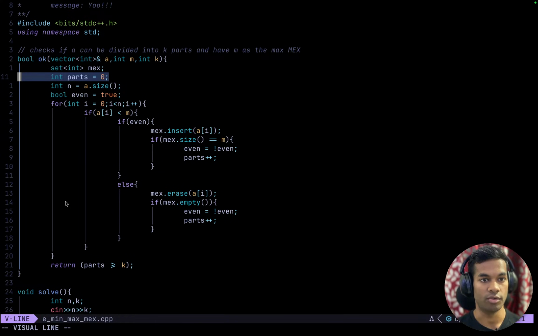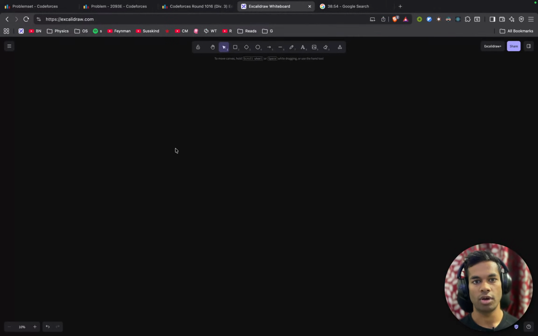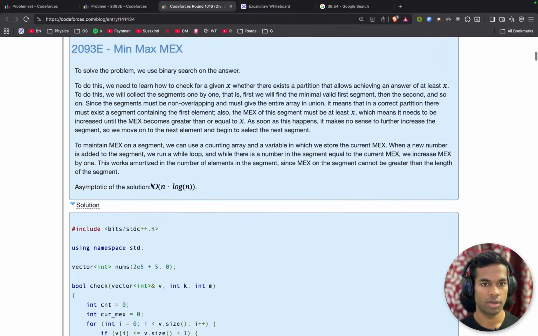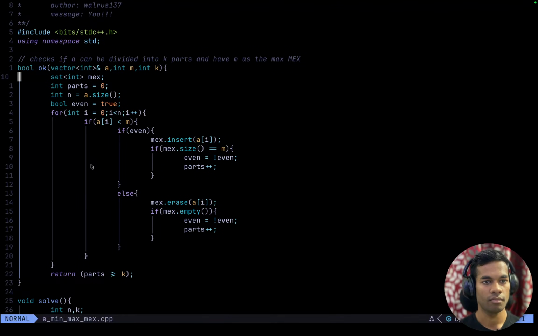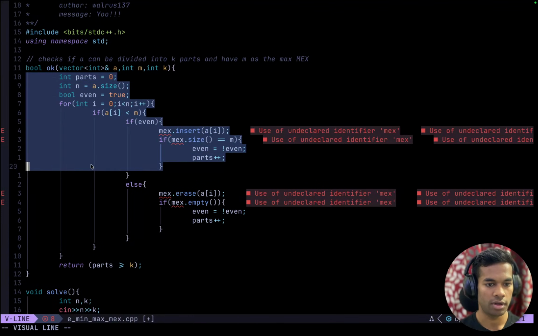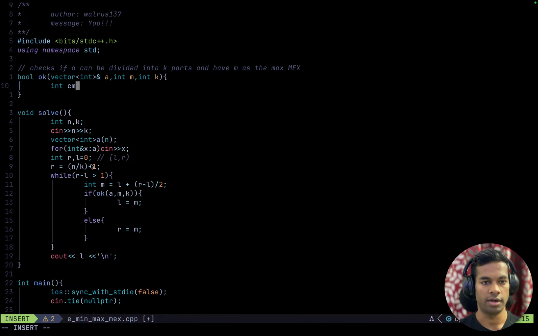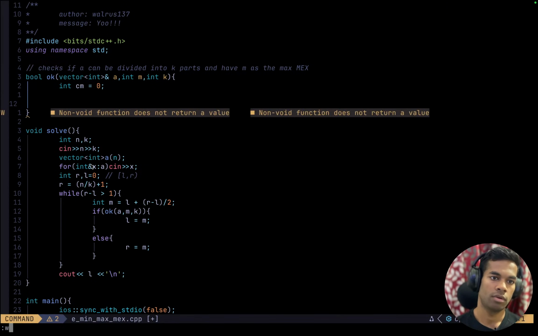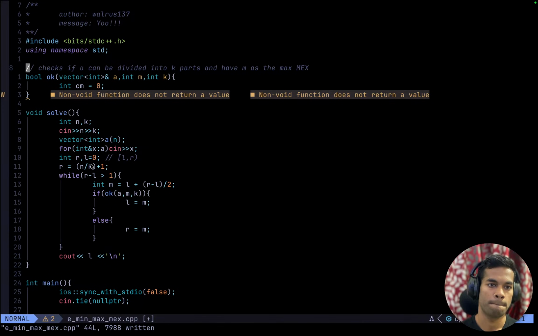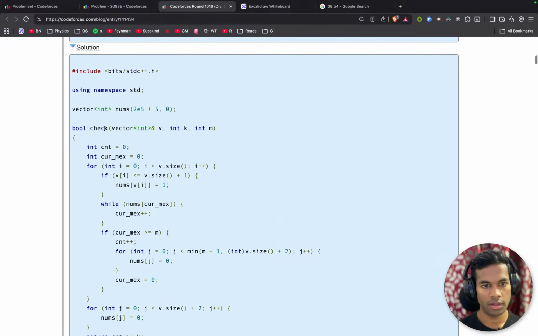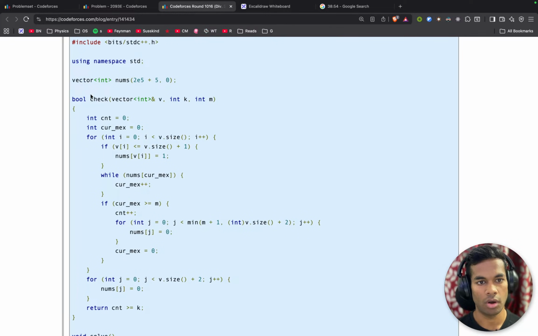This is what we have done. We are using sets and stuff, and we will also compare how our solution runs compared to theirs. We won't use sets or anything. We need a current max equals 0, and the thing is, this vector, they are initializing outside, and they are using the same vector for all of the test cases, which I think is better than initializing one vector for each call of this check function,